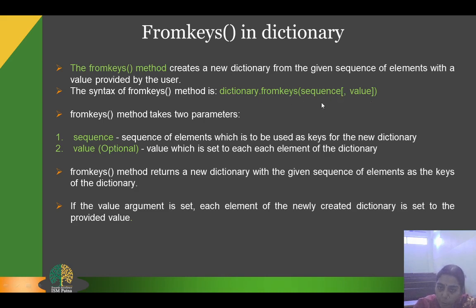Whatever value you want to give, you can provide it here. It returns a new dictionary with the given sequence of elements as the keys of the dictionary. Whatever values you pass to the parameter create the keys of that dictionary. If the value argument is set, each element of the newly created dictionary is set to the provided value.